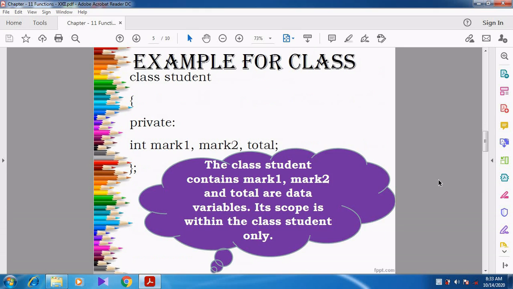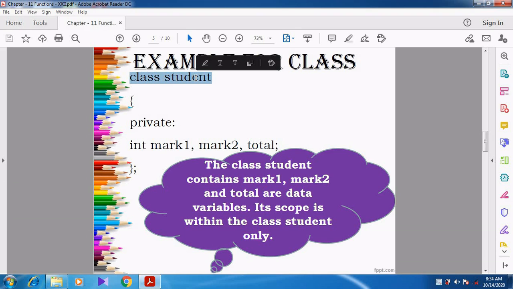Now we are going to see the example. When you see the example, then you can understand. The keyword class should be used. After that, each and every class will have a name. For example, 11th standard A1, A2, or B1, B3, or C3, C4, like that. Each and every class is given some name. Is it right or not?